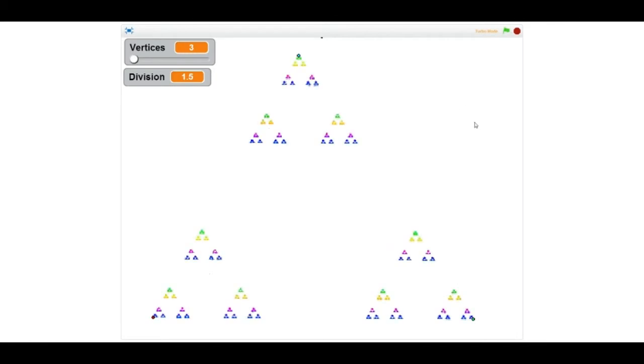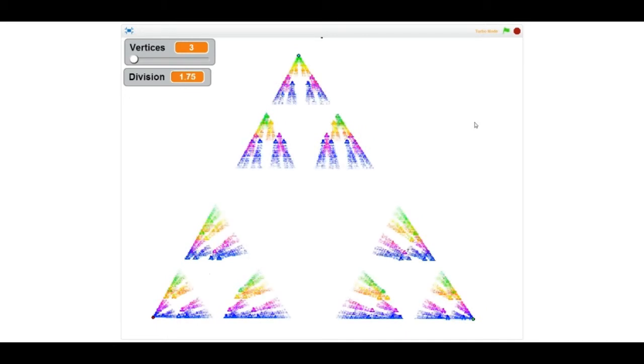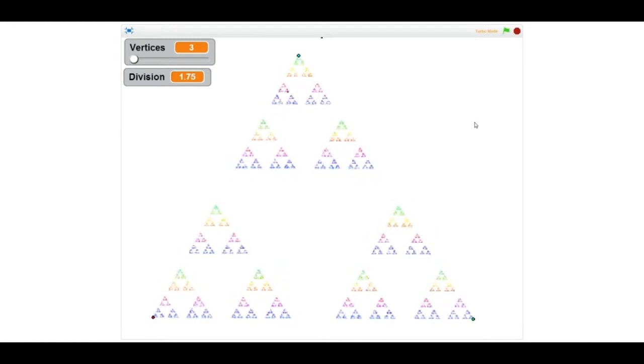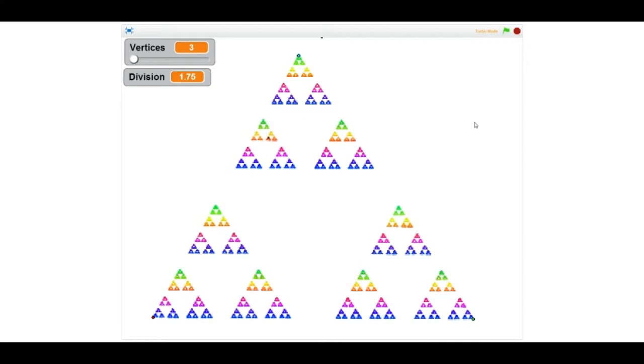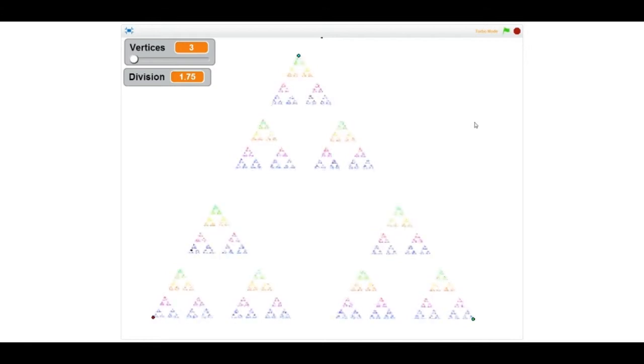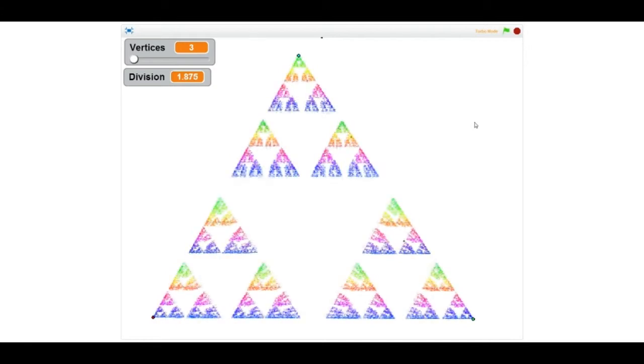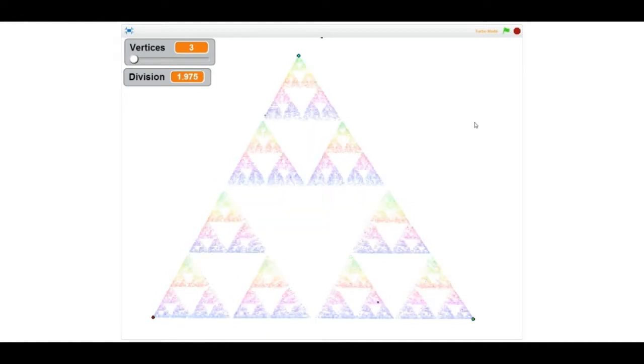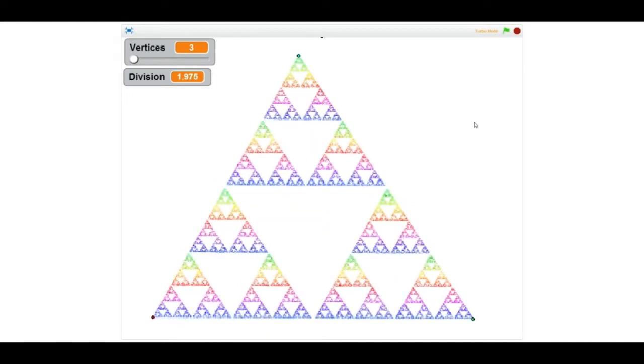you get unconnected triangles. Let's see what happens if I decide to raise this number. Let's say I raise it to 1.75. What happens is you see more of the gaskets. 1.75 is closer, but they're still not touching. So let's say I decide to go to 1.975, very close. They're still not touching,